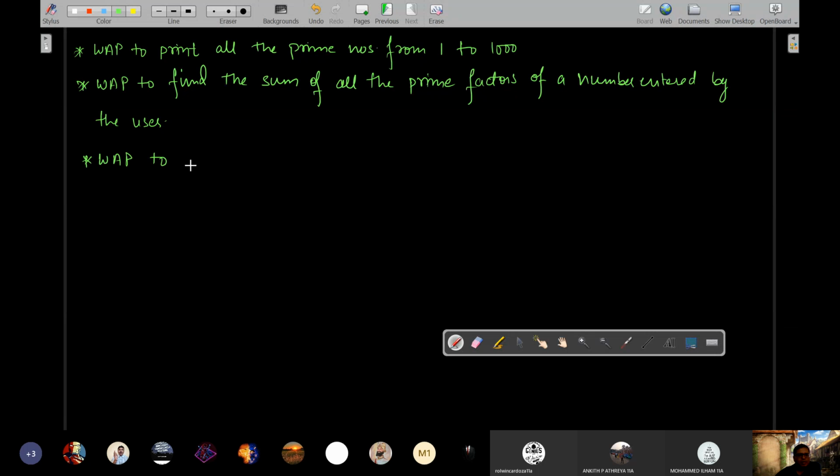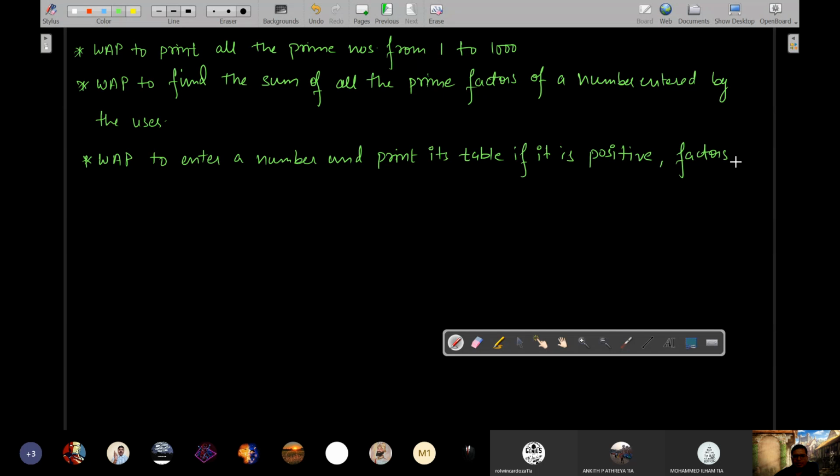To enter a number and print its table if it is positive, factors if it is negative, and factorial if it is 0.